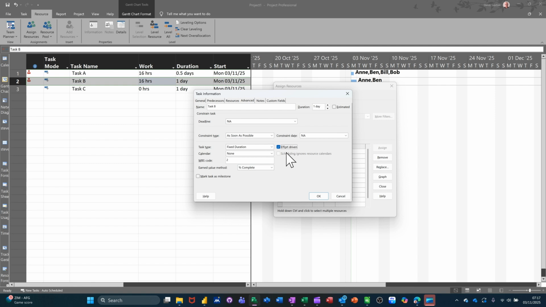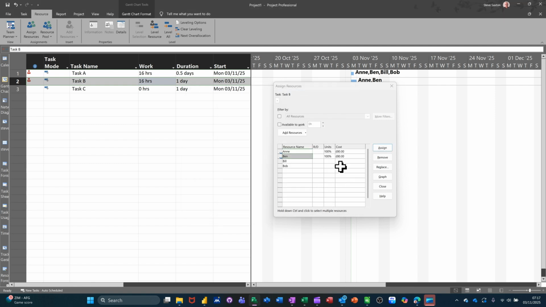Put the effort driven tick on, click OK to that. So now if I just remove one of these, I'll remove that one. So we've still got these down as, let's remove everybody. No hours, 1 day. So I'll apply Anne. 8 hours, 1 day. She's on £80. Ben, that is, sorry. If I add Anne,